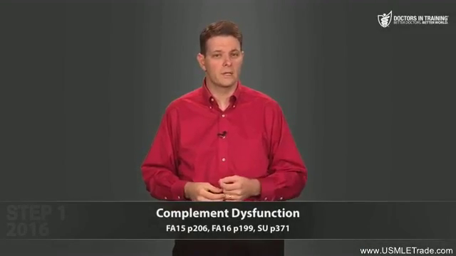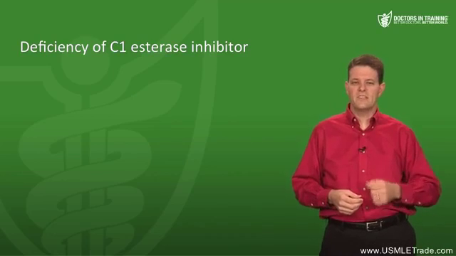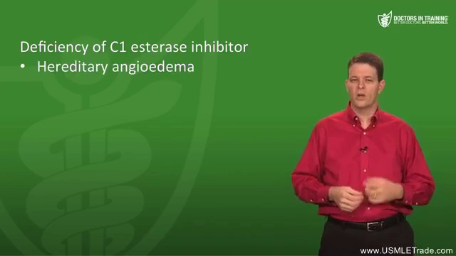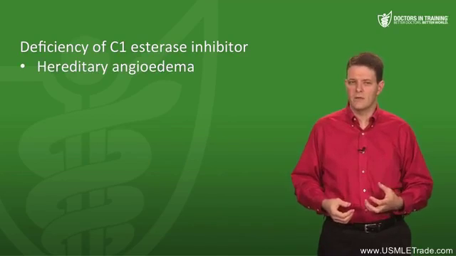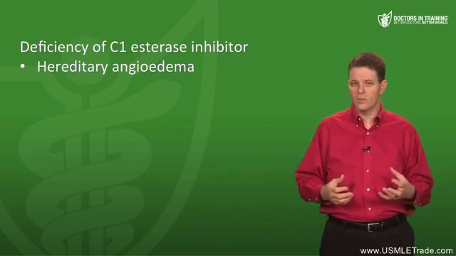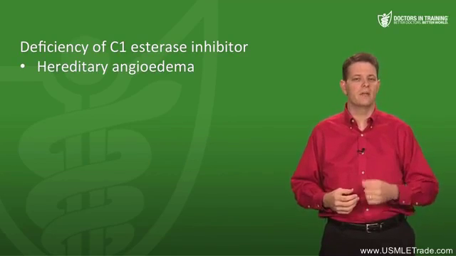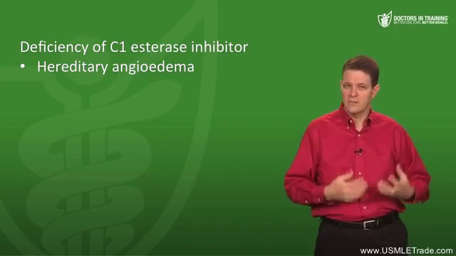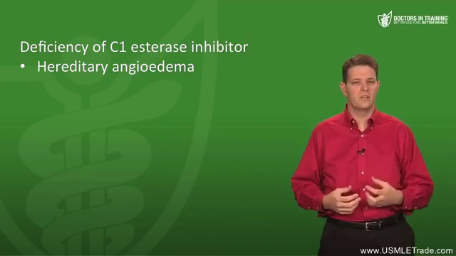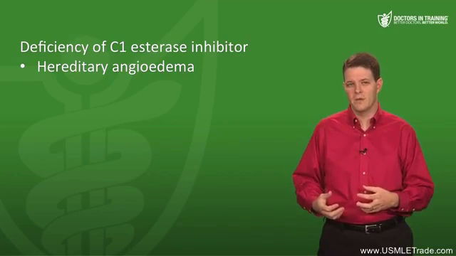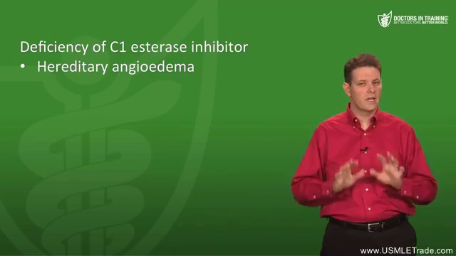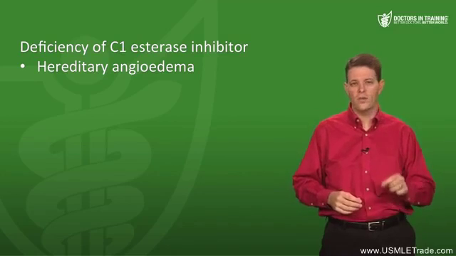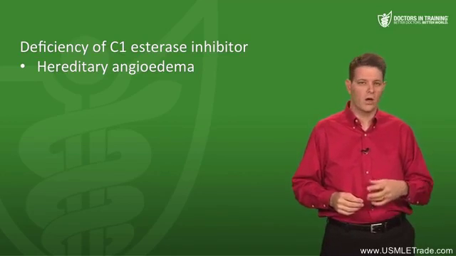Let's talk about some diseases in which the complement system doesn't work correctly. If there's a deficiency of the C1 esterase inhibitor, that causes hereditary angioedema. Now, we don't really understand how or why this works, but it seems to have something to do with elevated bradykinin. Angioedema in general is bradykinin mediated, and somehow C1 esterase inhibitor deficiency results in elevated bradykinin. And these patients should never take an ACE inhibitor, because ACE inhibitors also increase bradykinin levels and can cause angioedema